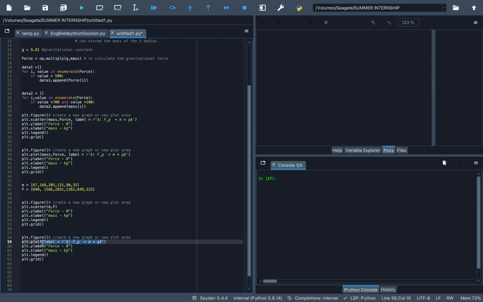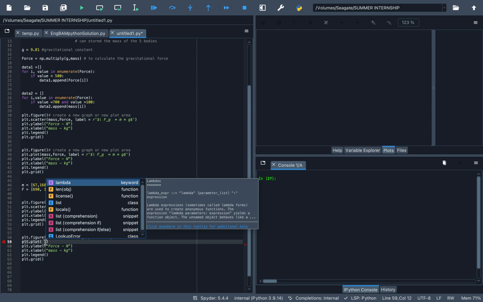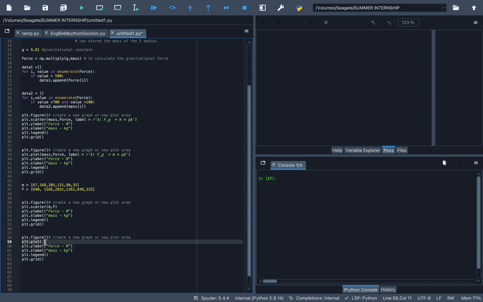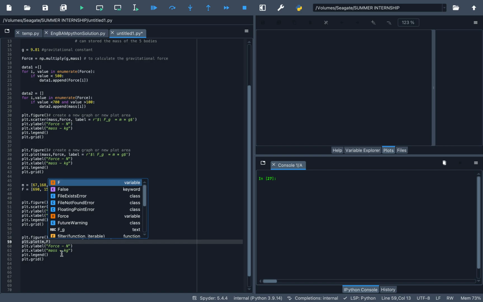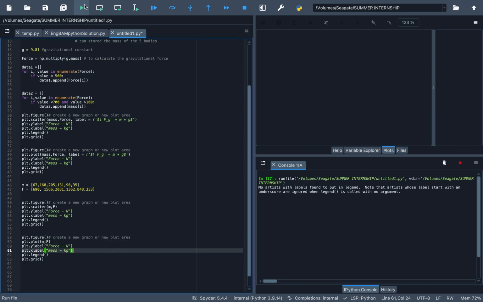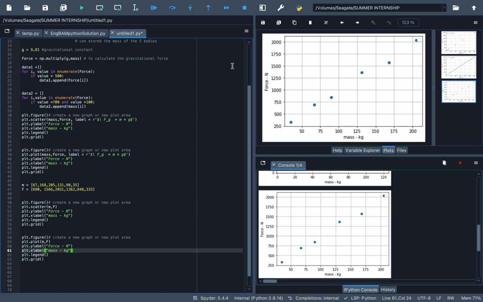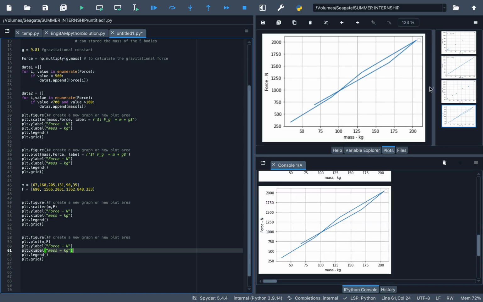Because I don't know the relationship between my force and mass in this case, I would completely clear out the label, then put in my new data, which is M in the x-axis and F. I want to leave my labels the same because they have the same units. So what I can then do is run it, and you can see in this case the new data shows